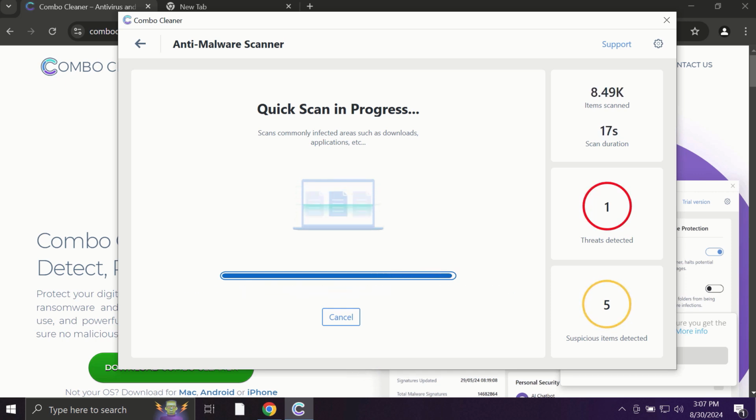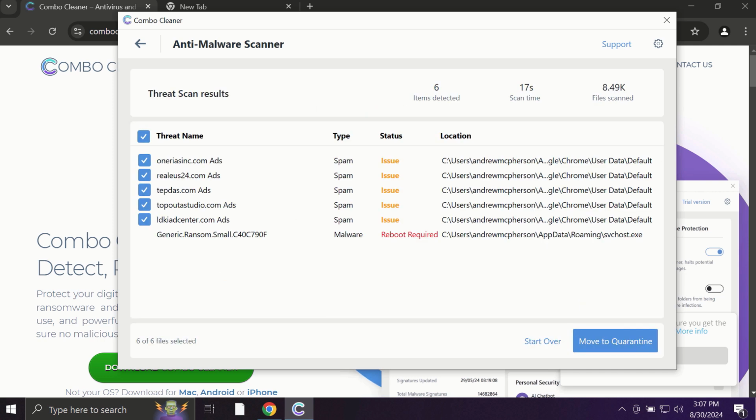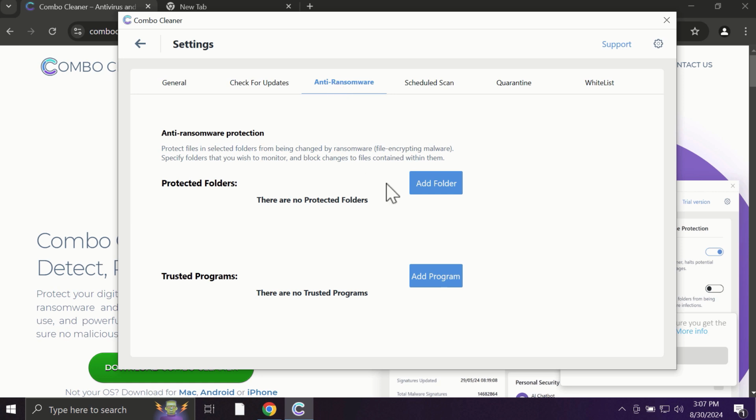Finally, at the end of the scanning, you will see the full summary of all the infections which were found on your system. Based on the summary of threats, you'll be able to know the locations of threats. Some threats can be removed manually, but I definitely recommend you consider upgrading to the premium license. With the premium license, for instance, there is an excellent anti-ransomware feature which helps to always keep your data protected. You can add certain folders on your system, and the contents of these folders will always be under protection